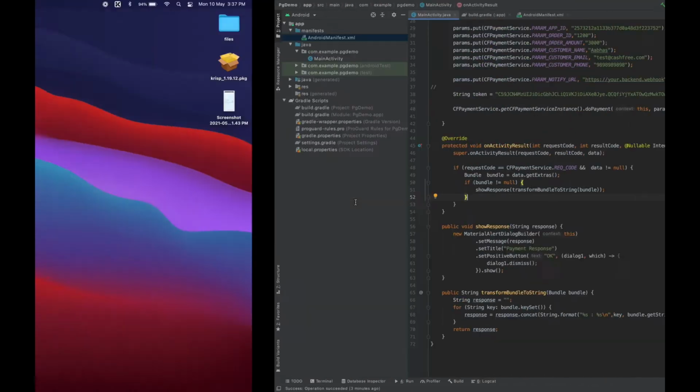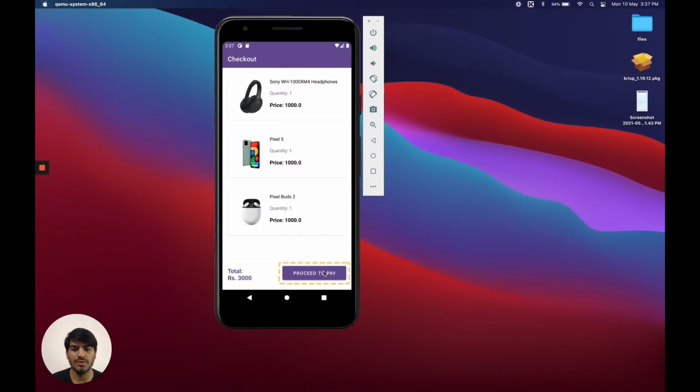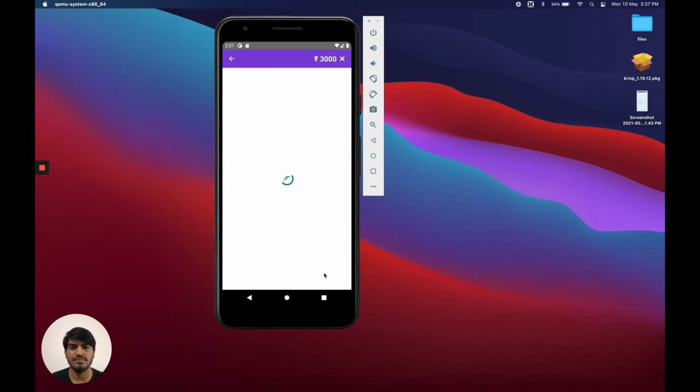Now we go to our application and click on Proceed to Pay. Again, make sure that whenever the user clicks on Proceed to Pay, that is the time when you create the token and initiate the payment. This opens the CashFree SDK UI.